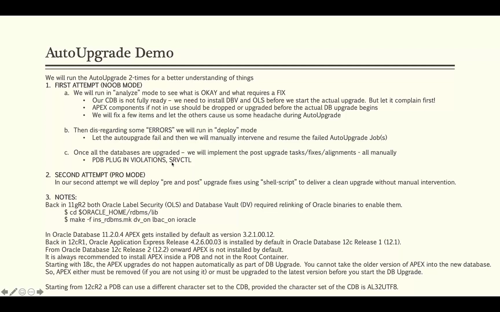And all my databases currently run on a standalone machine which has got Oracle Grid infrastructure installed. All of them use ASM disk group as the storage for my database. So they are already registered in my Oracle local registry. At the end of it, remember, all those standalone databases would become pluggable databases. So I will have to go and implement certain fixes for SRVCTL.